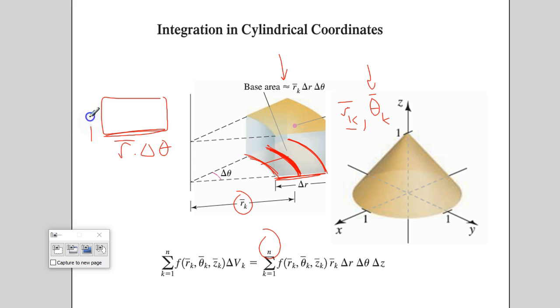Okay, and then this length up this way is delta r. So what we're saying is this area of the base down here is approximately r delta theta. Okay, so once again, just like we saw back in polar coordinates when we're integrating polar coordinates,